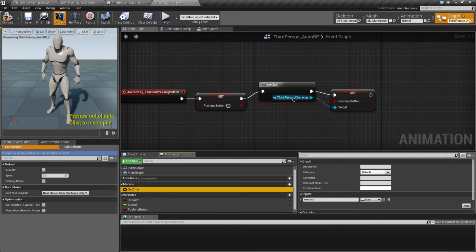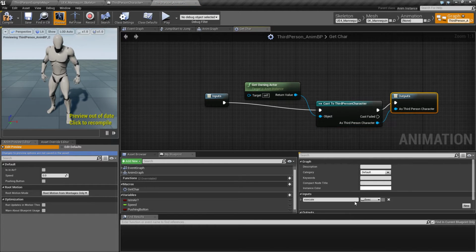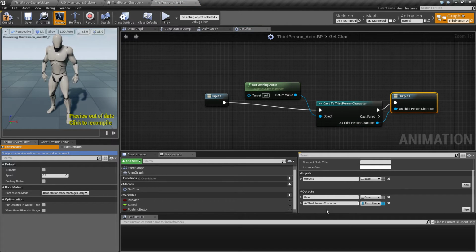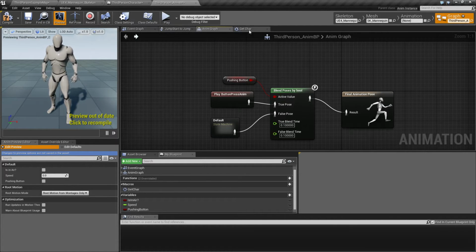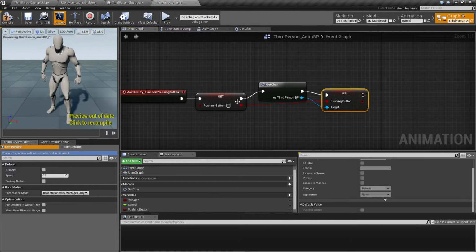Well, get character. And maybe I like to rename these, should be just a little bit third person PP, just a little bit more compact. Like this. So that basically tells us that we're no longer pushing the button, and also the third person character